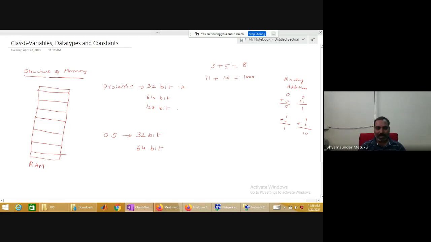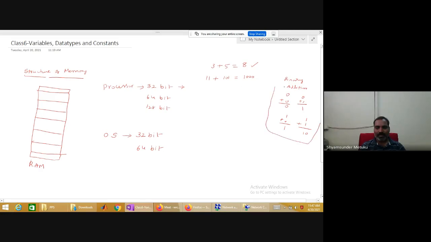And to understand exactly the significance of a bit, I'm going to take one example: 3 plus 5, which is equal to 8. As our computer understands only binary numbers and our memory also stores only binary numbers, I'm representing 3 in binary, which is 011, and 5 will be 101, and the result will be 1000. But if I would like to get this without taking the reference of the decimal number system, only the binary number system, these 4 things you must remember.